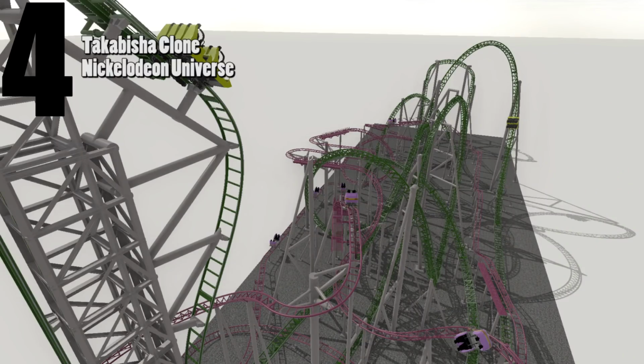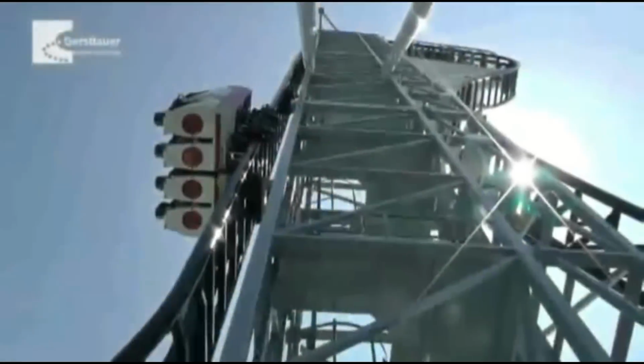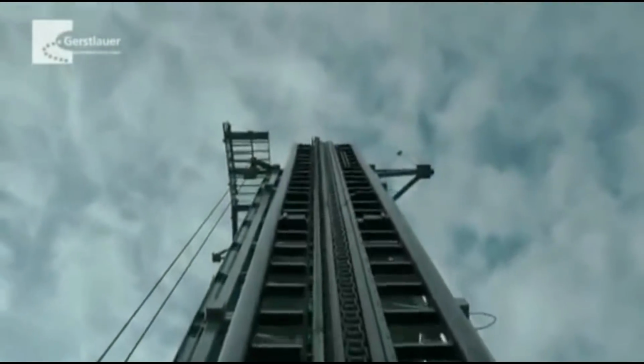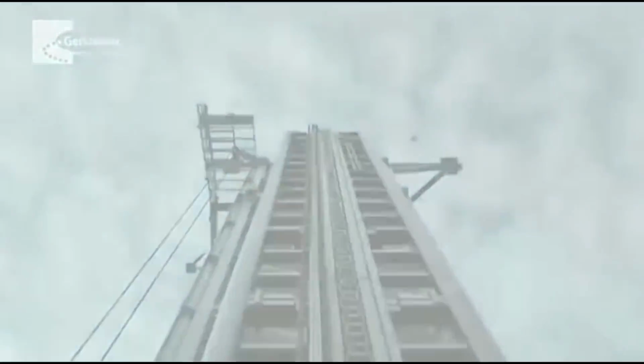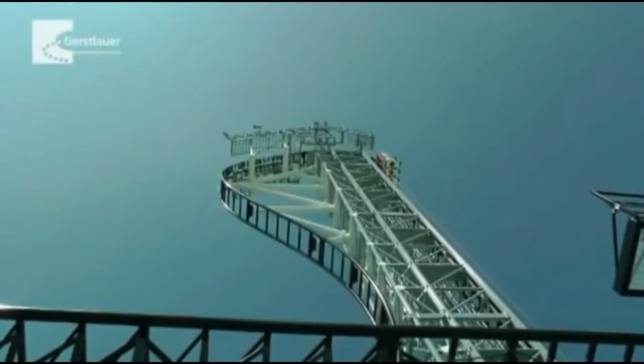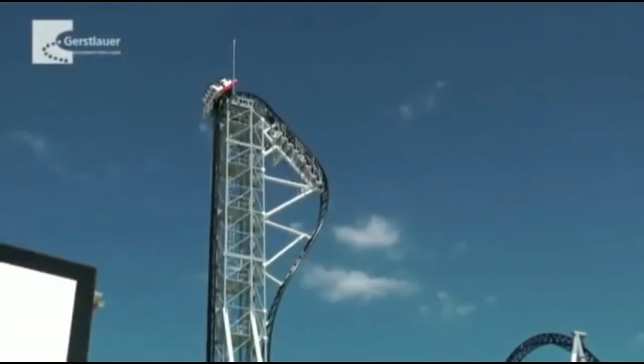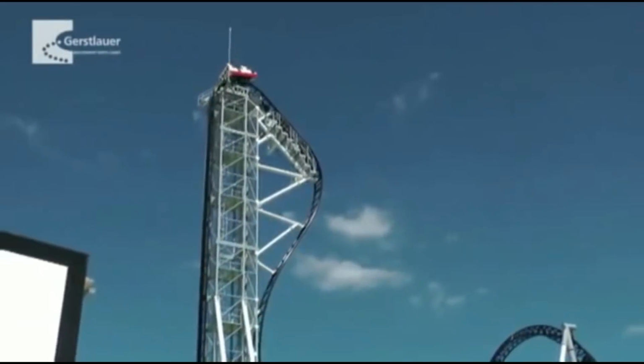So coming in at number 4 is the Takabisha clone being built over at Nickelodeon Universe. In fact, Nickelodeon Universe has made my list twice for 2019, as you can tell. So that's pretty impressive in itself. The Takabisha clone coming to Nickelodeon Universe will feature the steepest drop. So as you see right there, the steepest drop,